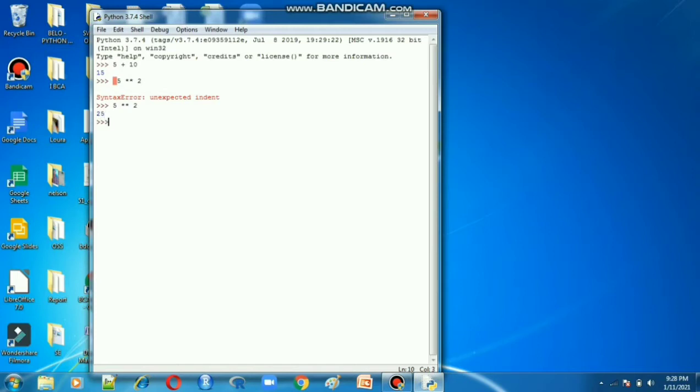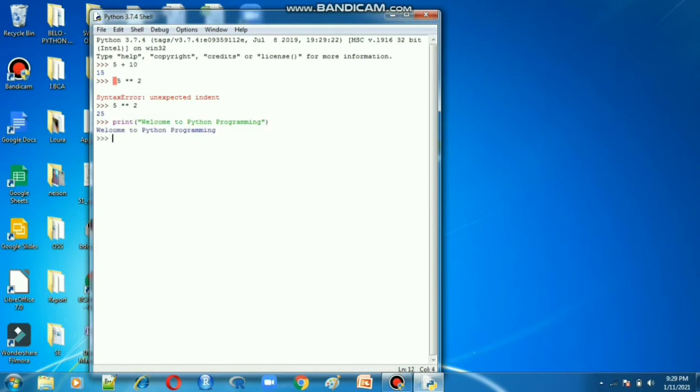Next one, how to display a string in interactive mode. We have to use the print function. Print, then in double quotation marks, "Welcome to Python programming." This is the string. Within double quotes, and I have to close the print function. Open and close brackets also you have to put. So I closed that. After that I have to press enter.